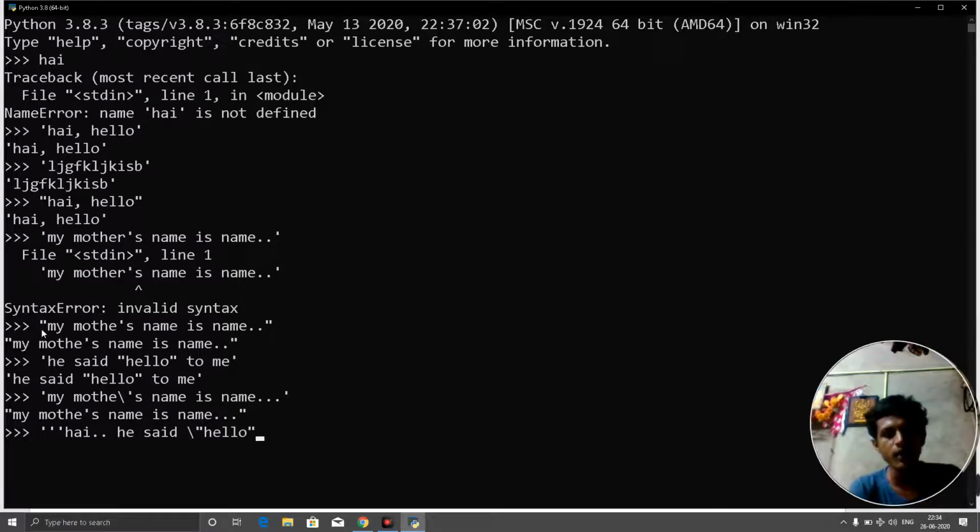In these kinds of sentences, you cannot enclose the double quotes in this string, because if we use double quotes somewhere, then Python treats that as the end of the statement. So if you want to write something with both single quotes as well as double quotes, then we can use these triple single quotes, 3 times single quote. Then he said hello,